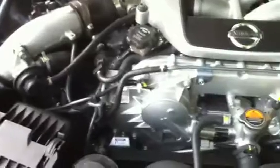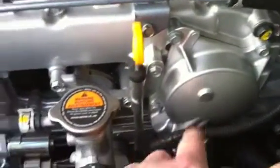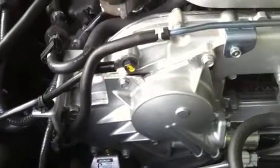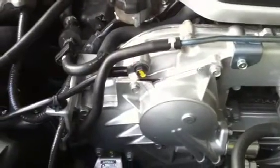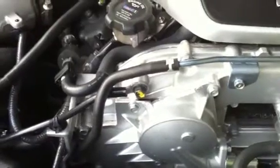Okay, rounding up, a couple more bits and pieces on the front here. This area here contains the variable intake cam timing for one bank and the other. There's some solenoids here and here, and they work on oil pressure to swing the inlet cam around for you. Inside there, which I can't quite see at the moment, there's also sensors that detect the position of the intake cams to make sure that it's getting to the target that you select. Usually we advance the inlet cam during the mid-range and during spool up. This increases valve overlap and helps turbo spool and torque, and then we retard it towards the top, because on